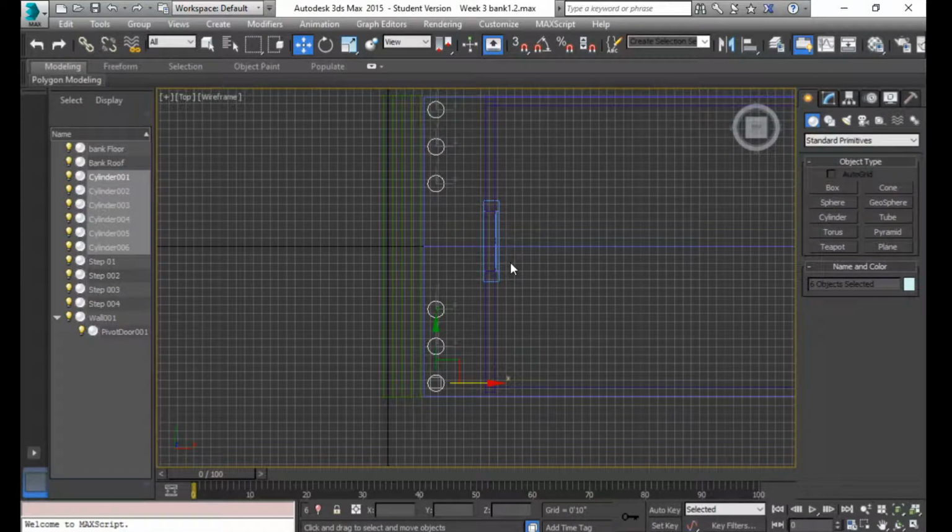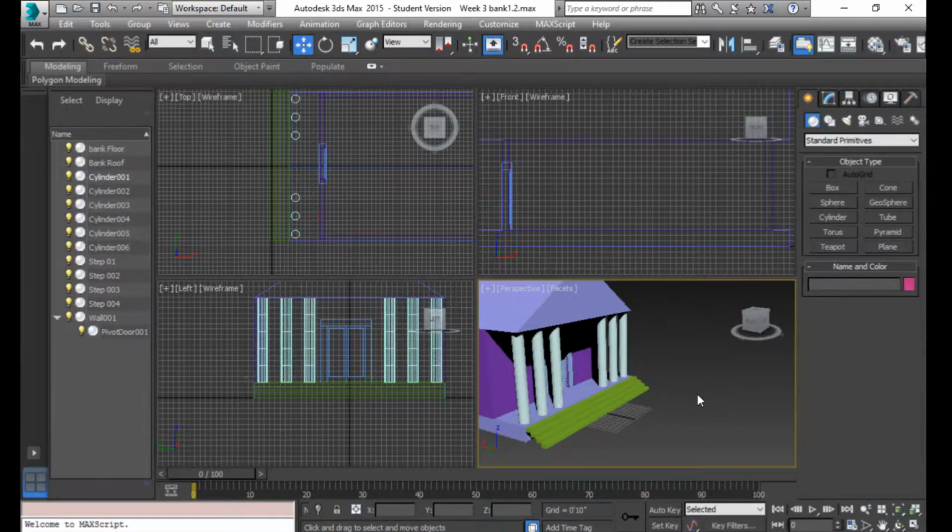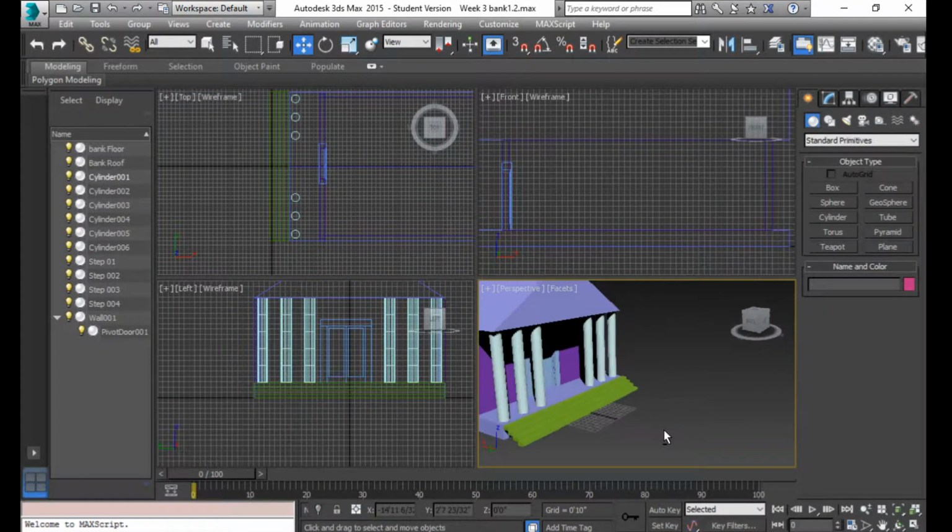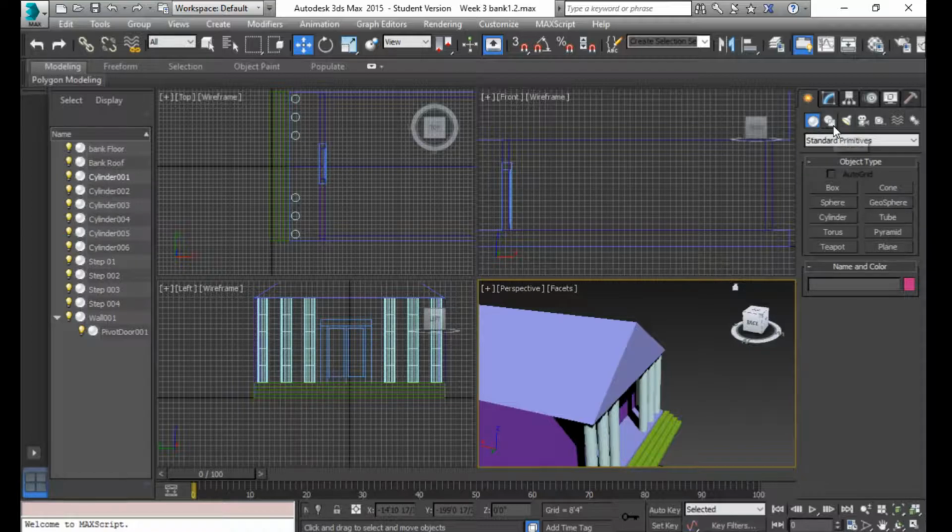Uh-oh, looks like we forgot to rename them. All right, that's good enough for now. So, pretty banky looking bank. And one last final touch. Well,